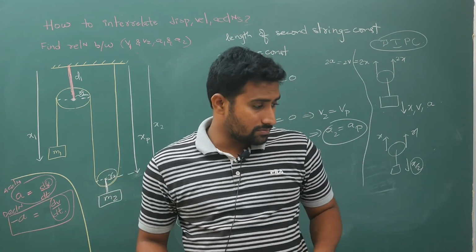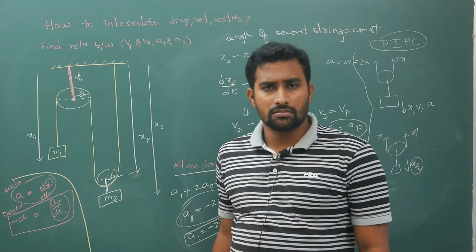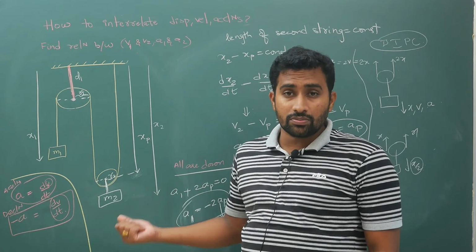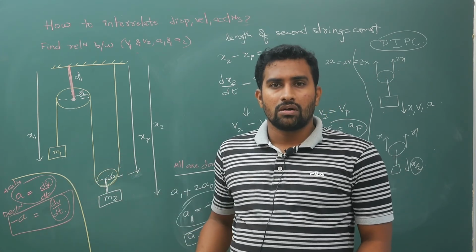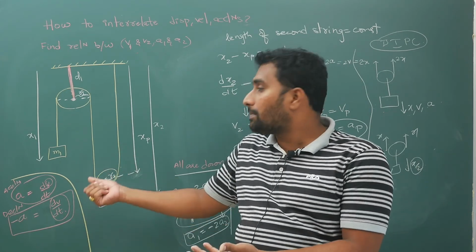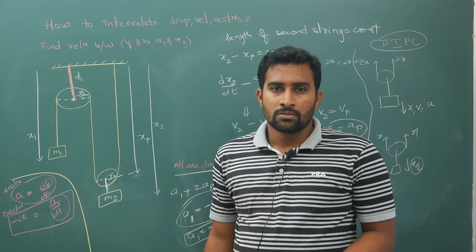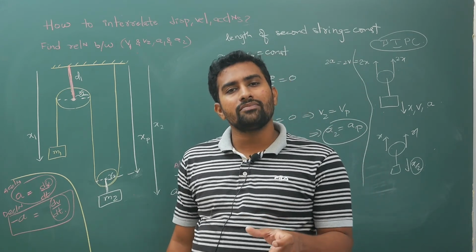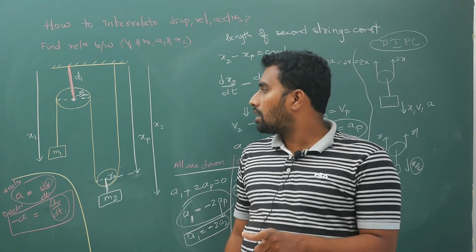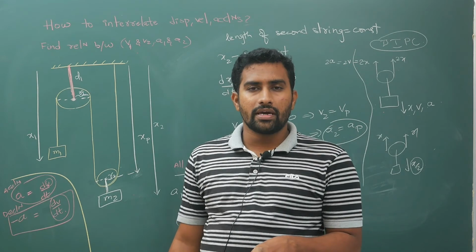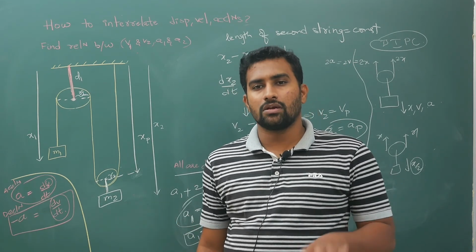Okay, so now this method, it is lengthy, right? So I need to do this much calculation just to get the relation between x1 and x2. Now, is it a good approach if somebody takes this much time just to give the relation between these two values? So to overcome this problem, there is a shortcut that was developed in the books. Some teachers claim that they have done it. Please don't believe it. It was long before.